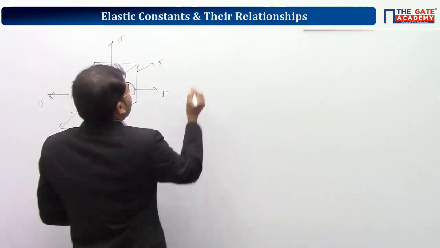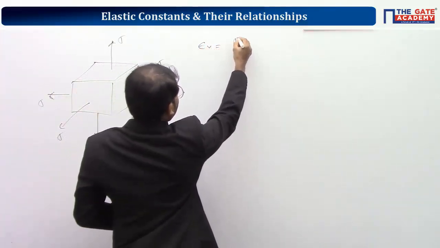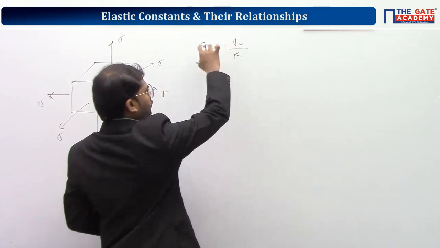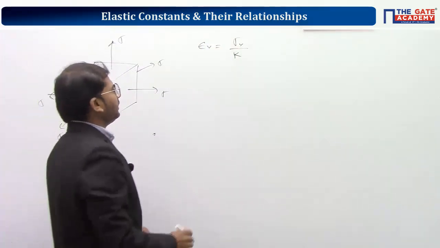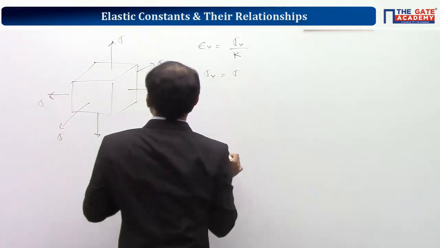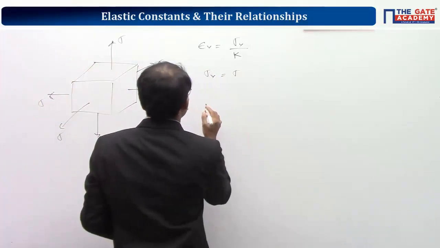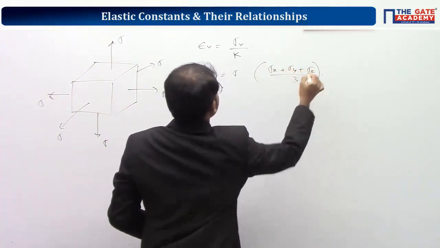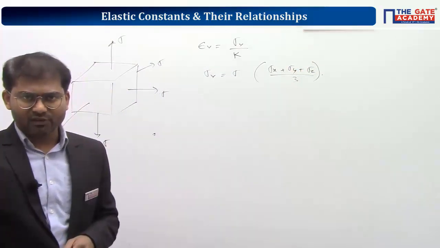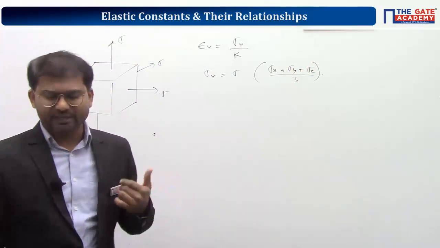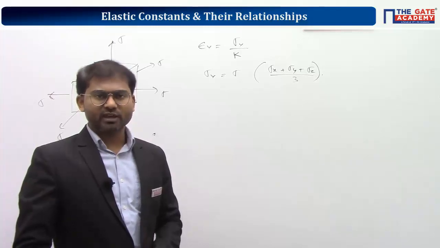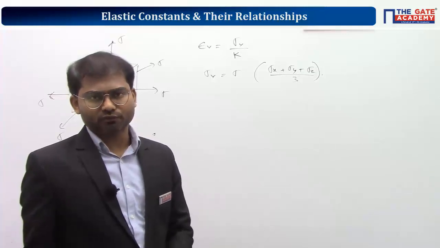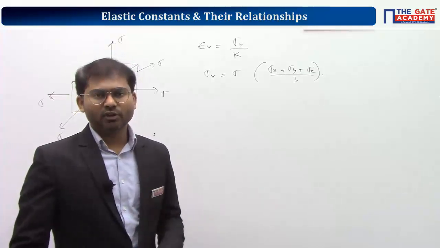Here the volumetric strain is given by the formula volumetric stress by bulk modulus K. So K decides the value of the volumetric strain. Here the volumetric stress is equal to sigma only because everything is the same. If all three are different, it is given as sigma x plus sigma y plus sigma z by 3, the average of those three values. Later you're going to study the hydrostatic state of stress, where you can understand that the average of those three normal stresses will give rise to change of volume, and the remaining values will give rise to change of shape.